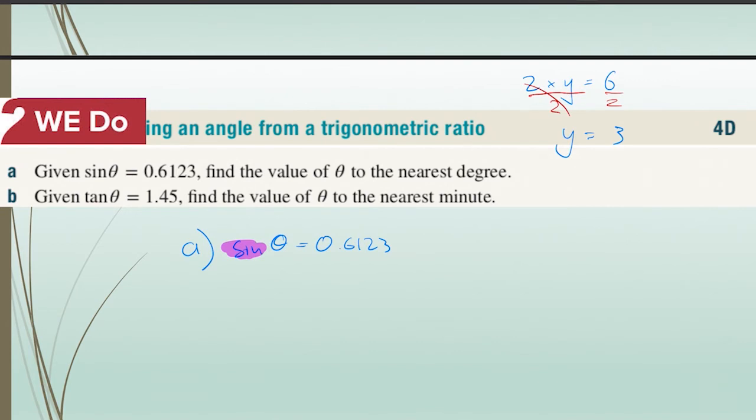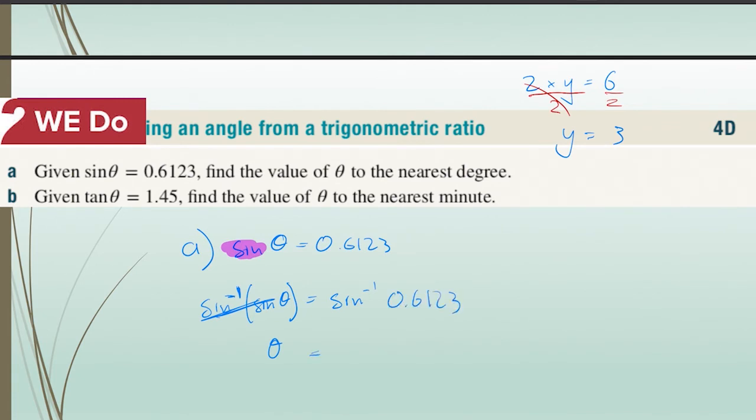And we actually have functions on our calculator that will do this for us. We have a button on our calculator that does sine to the minus 1, often called sine inverse. If you do sine inverse of sine theta, you just get theta. So this cancels each other out. But if we do it to one side, we have to do it to the other side as well. So we have to do sine minus 1,